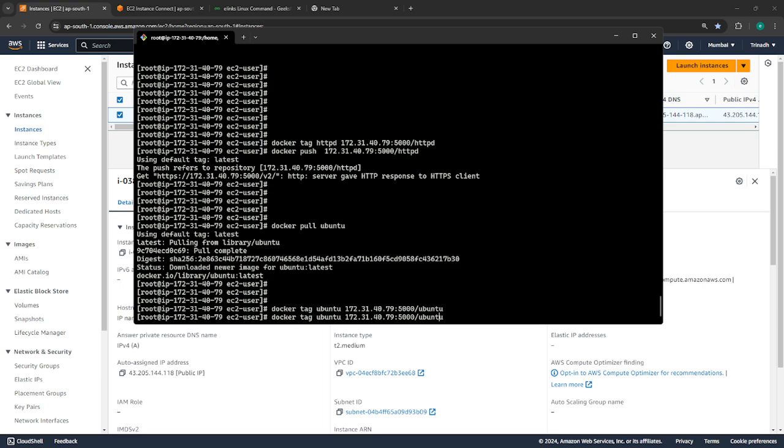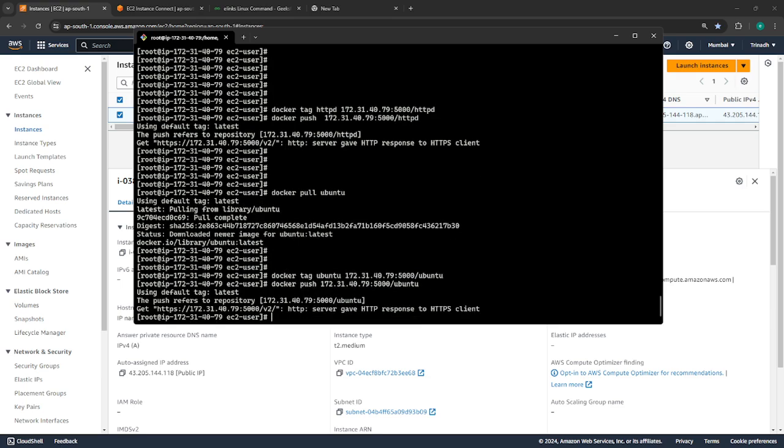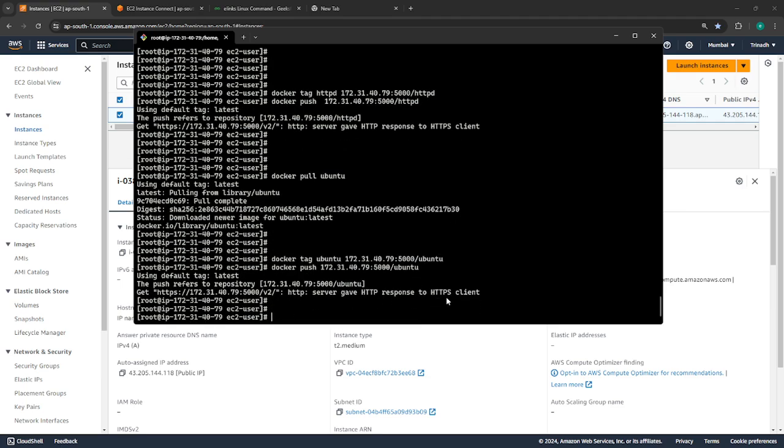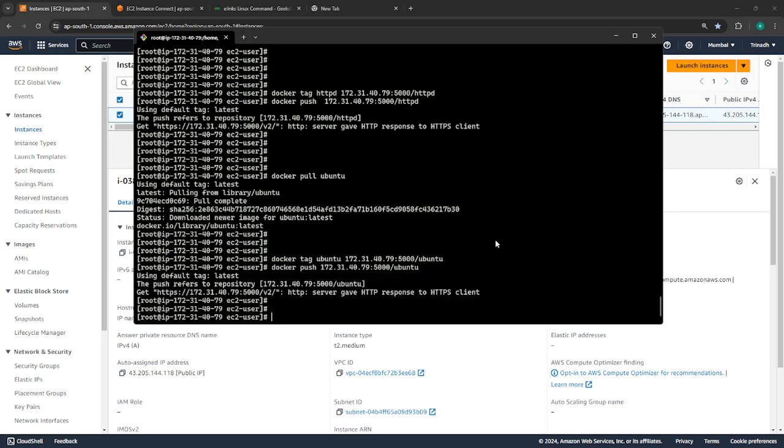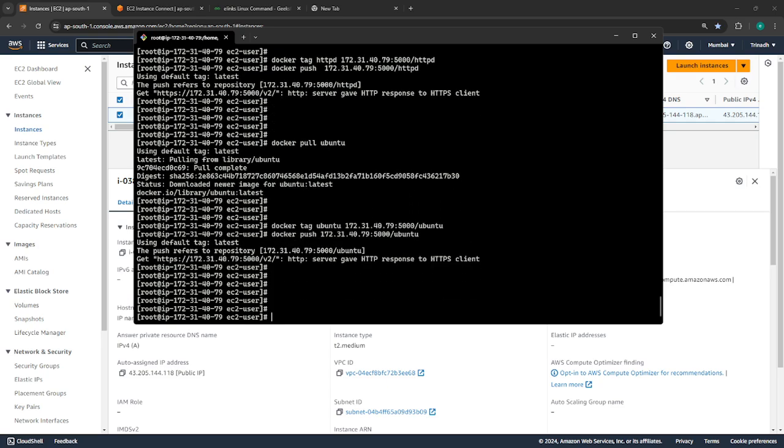And push the Ubuntu. Now you can see the Ubuntu image is not able to push. So to do this, we have to open vi